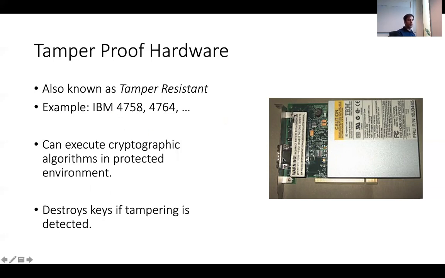Examples of tamper-proof hardware are, for instance, the IBM 4758 card, which is shown here in this picture. Of course, this looks like something that belongs in a museum. It is some kind of physical hardware device that you can plug into your motherboard, where a key lives inside this box, and this box is built in such a way that it detects whether it's being attacked, for instance by detecting whether the temperature